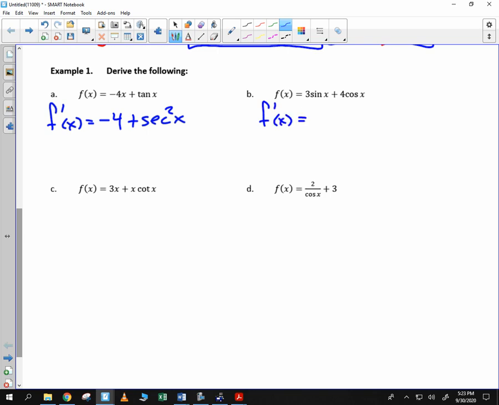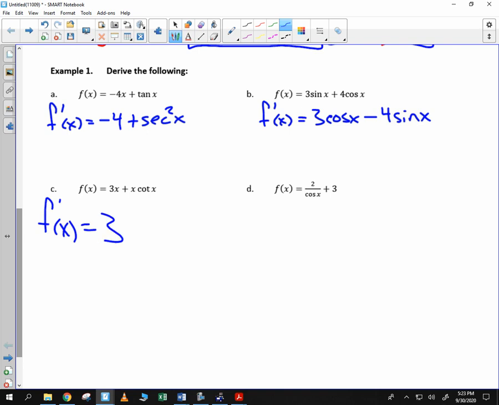The derivative of 3 sine is 3 cosine. The derivative of 4 cosine of x is negative 4 sine of x. So if you have a constant out front, it just comes along for a ride. This is different. And the reason why it is different is, first of all, we know that the derivative of